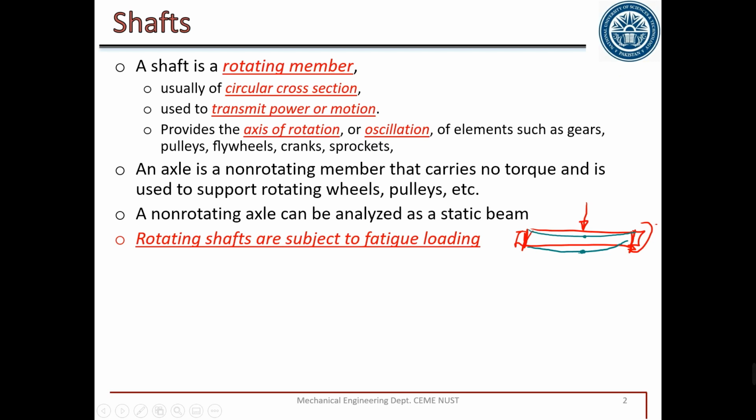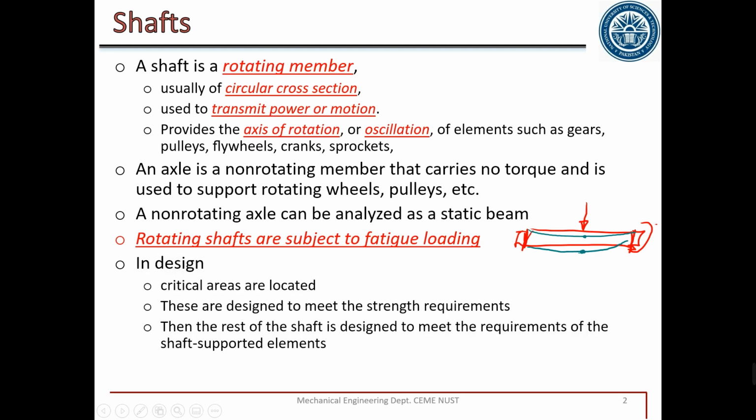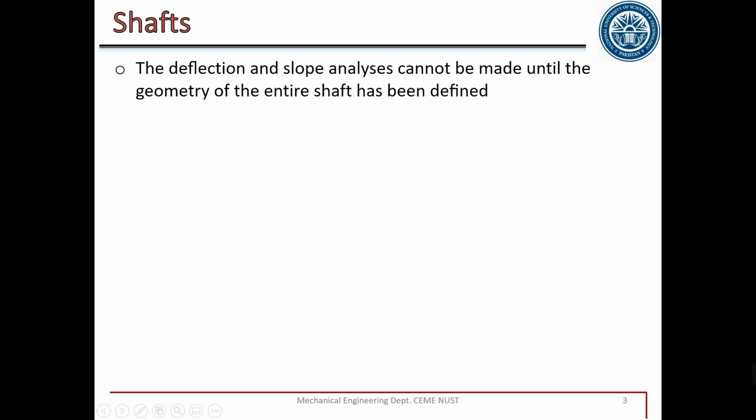So whenever you study shaft, you have to study fatigue loading. That is why the topic of shaft you will be studying in machine design 2 or at the end of MOM 2. So how do we design a shaft? Whenever we design a shaft, based on this loading, we check which section is experiencing the highest amount of stress. So we start by designing that section, and we design the diameter of each and every section. How many sections are there? I will explain after a couple of slides.